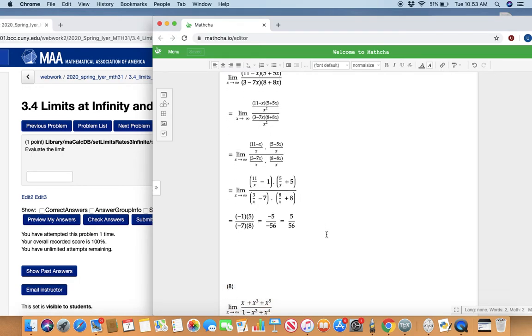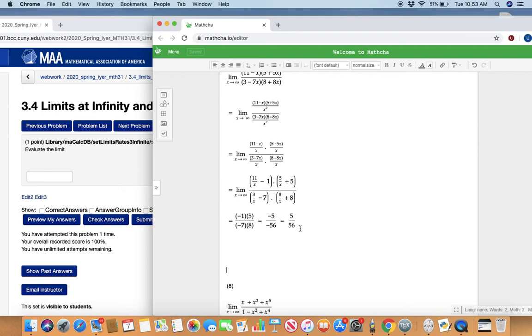Okay. Now you set the limit as x approaching infinity. This goes to 0. You have only negative 1 from the first factor, positive 5 from the second factor. Downstairs, this goes to 0. Negative 7 from the first factor, this goes to 0, and positive 8 from the second factor. When you multiply it out, you get negative 5 in the numerator, negative 56 in the denominator, so positive 5